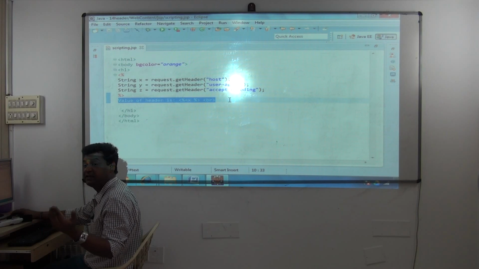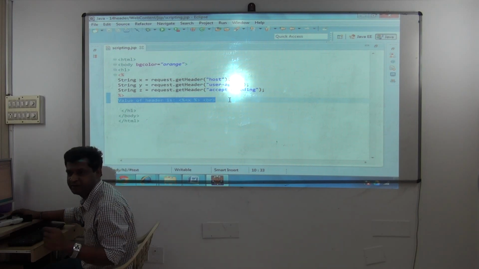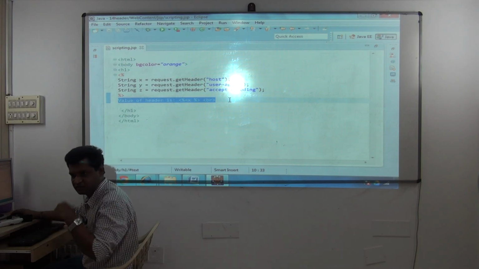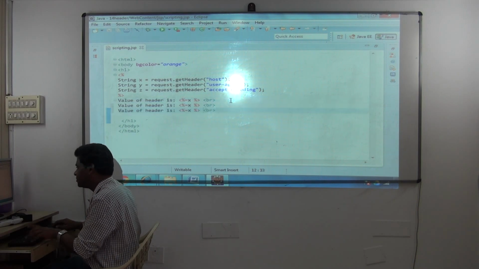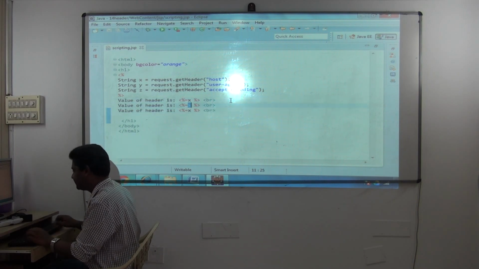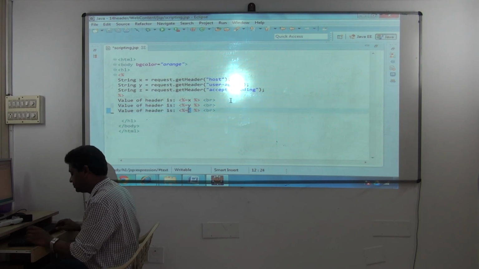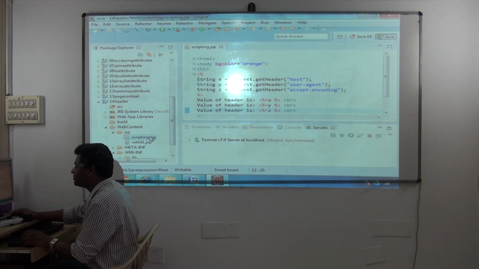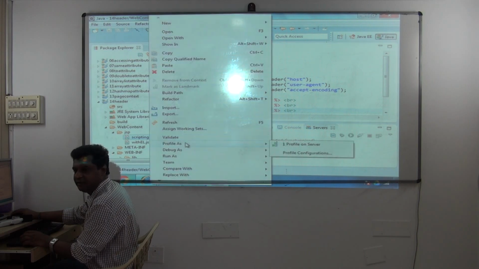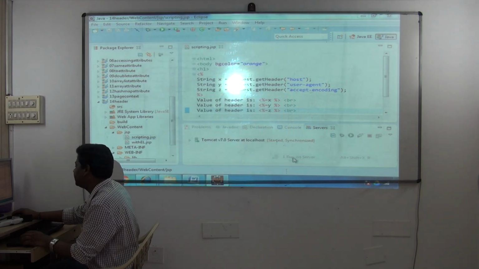Some information you get by calling those methods, getMethod, getProtocol, getIPAddress, all that you can call. Some you'll be getting like this. These are the two locations where you can get your values. Yeah, let's see the output. First I'll show you with scripting, then I'll show you with EL. Directly run as